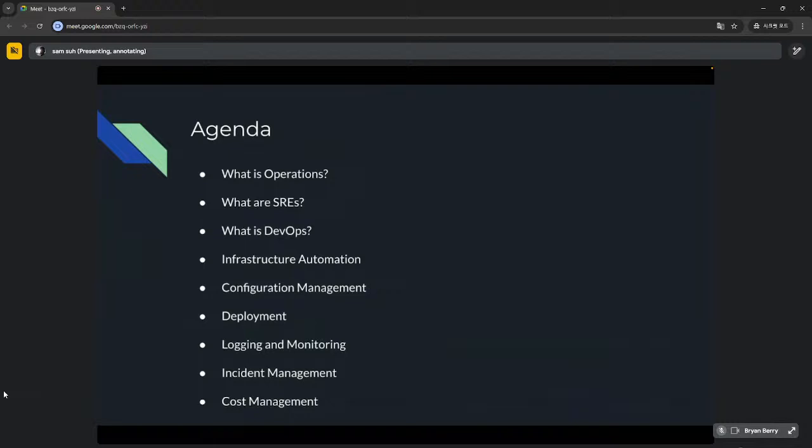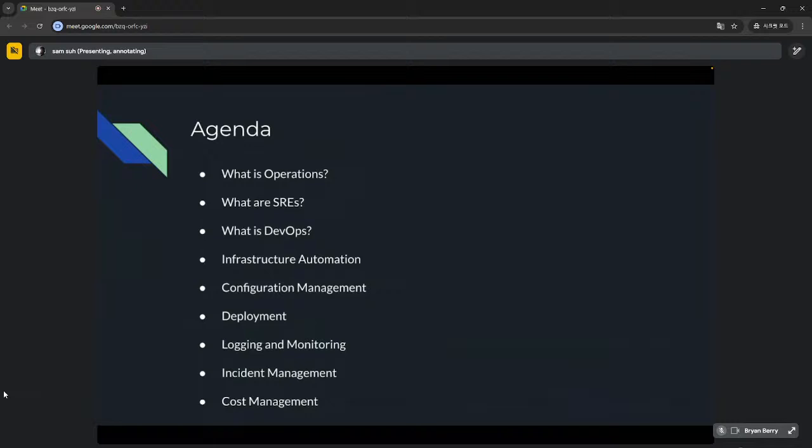And then configuration management. I don't know if you guys did that yesterday, but that's like the configuration files that you guys were messing around with, like which server am I pointing to, which port am I using? Those are configurations and settings that you would be managing. And instead of doing that in a file by yourself, it's doing that as part of a workflow so that you can automate a lot of it and have everything connecting to each other and knowing which ones should be talking to which ones using which settings. And so there are ways to automate all of that as well.